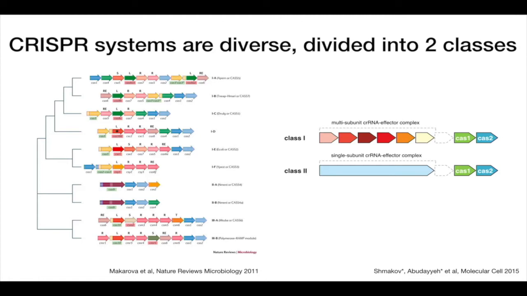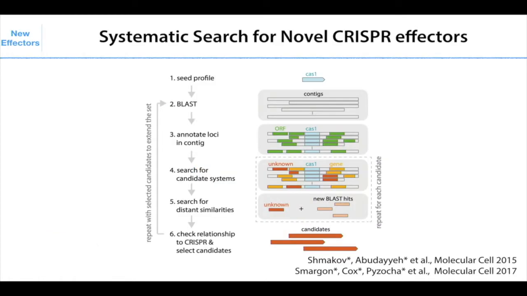So back in 2011, there were many different class 1 systems known. So these are all class 1. These are also class 1. And the only known class 2 system was Cas9. And so we wondered if there are many class 1 systems known, could there also be multiple class 2 systems? And if there are, what do they do, and can we also develop them for interesting molecular manipulation applications? So we set out on a computational expedition.